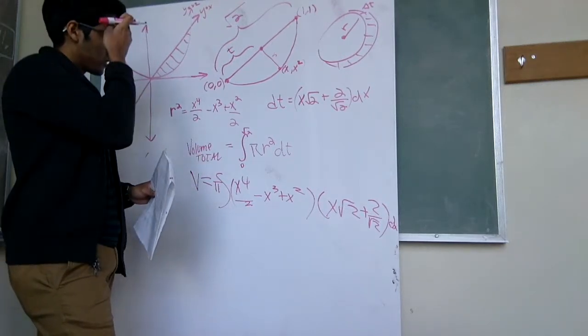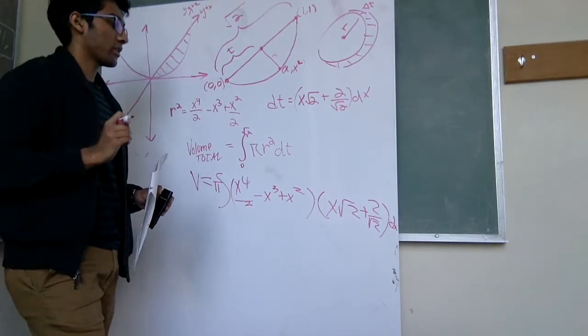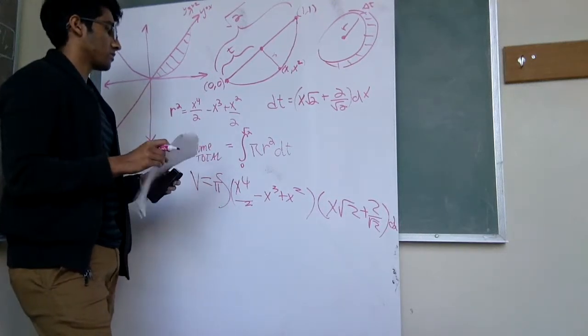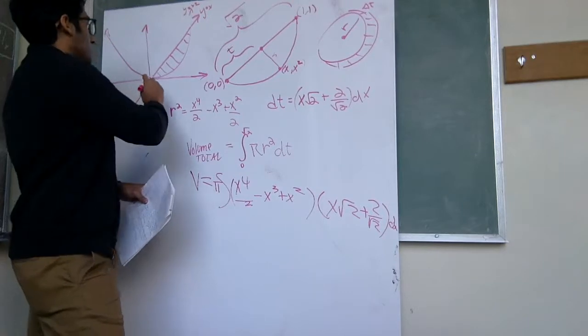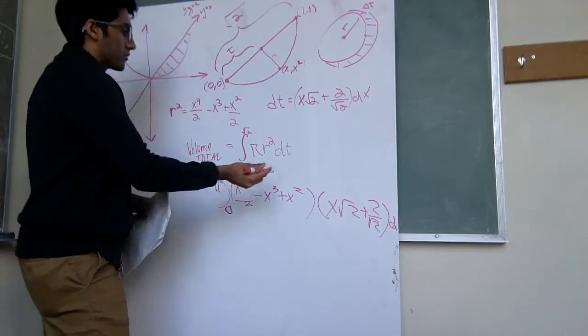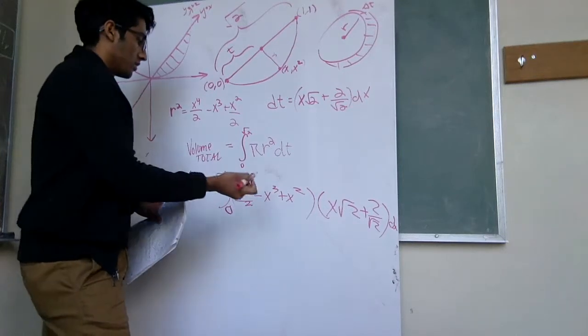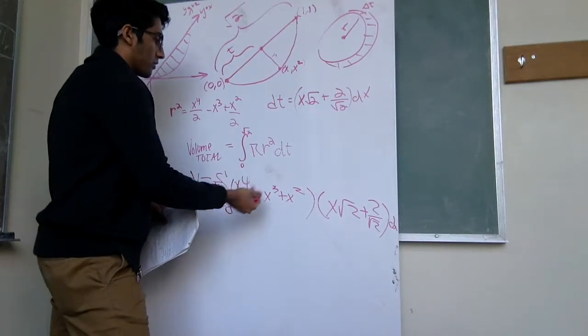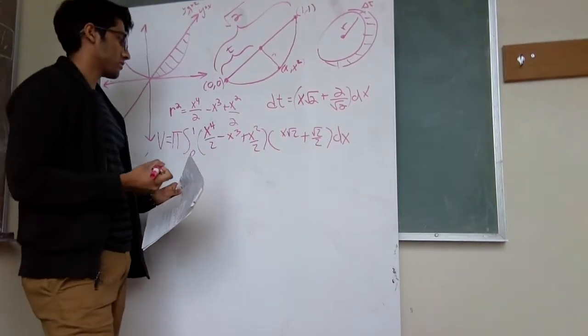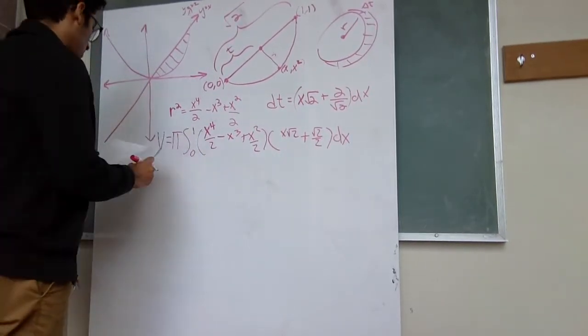Now because we're integrating in terms of x, we can use the bounds for x, which are 0 and 1. We just have to do that. Now to further simplify this, we just have to FOIL these two. So now we just have to FOIL this, and then once we do that, we get